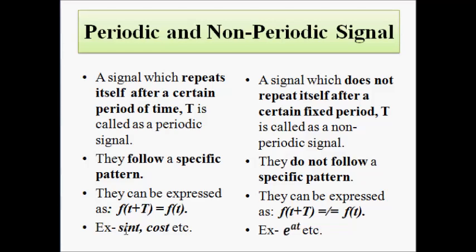Examples of such periodic signals are the sinusoidal and cosinusoidal signals. Whereas the non-periodic signal, it's obvious that it will not repeat itself after any fixed period of time. There is no specific pattern involved in a non-periodic signal. So, an example of a non-periodic signal is an exponential signal. So, here,